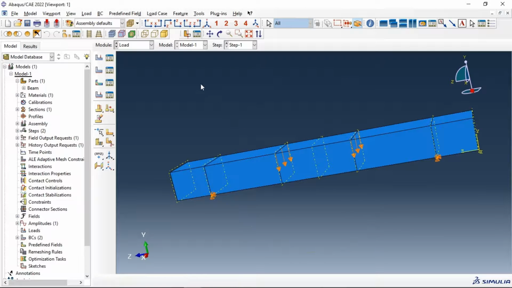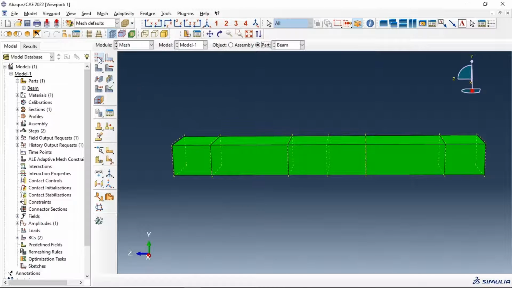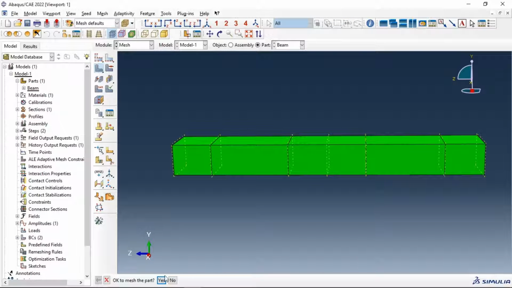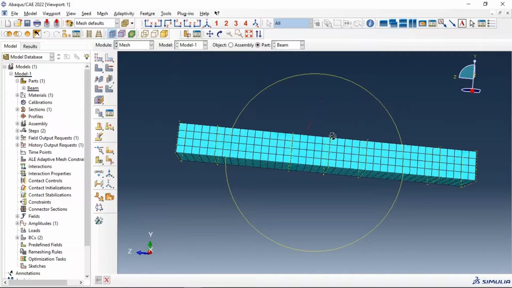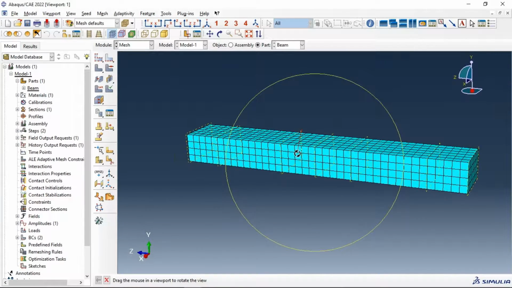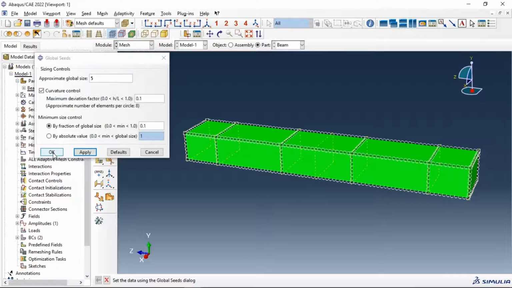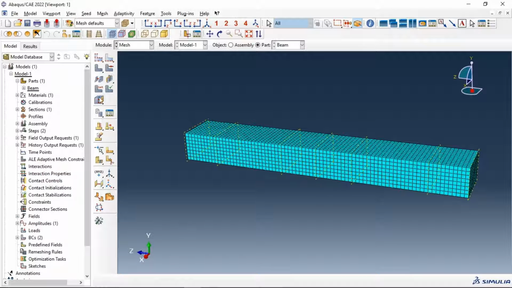Now let's go to mesh module and mesh our part. Let's go to part, mesh size 10 millimeter, apply OK. Yes, let's minimize the size of our mesh to make our result more clear. Delete OK. Mesh, yes. Let's go to mesh type, select element type,